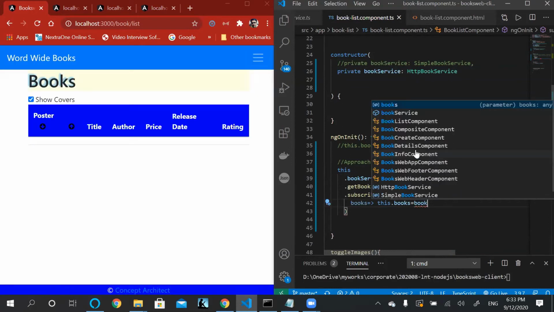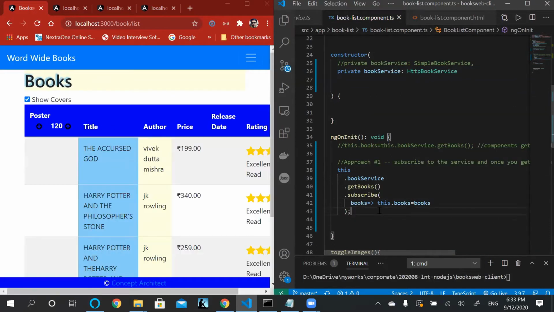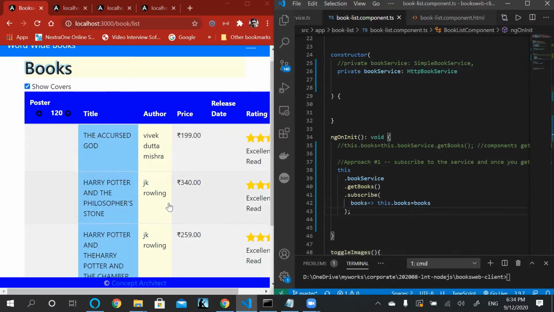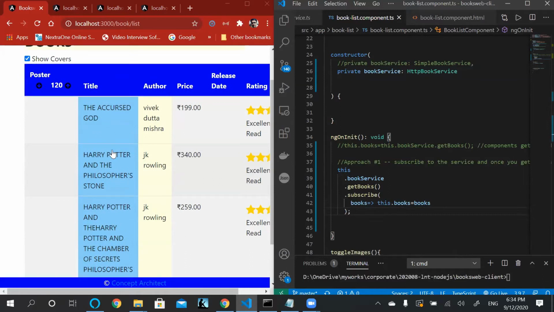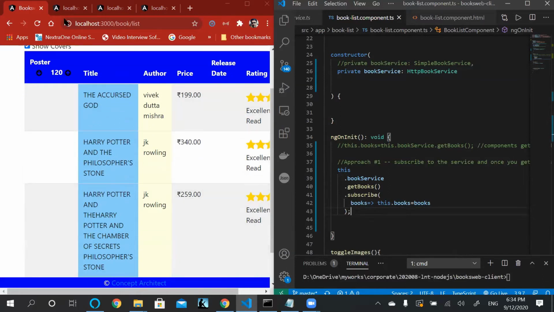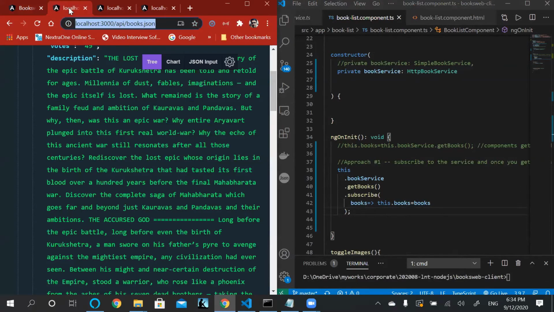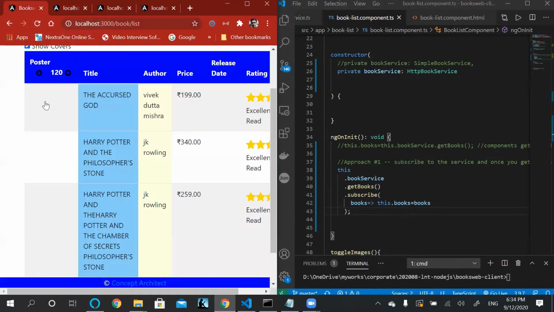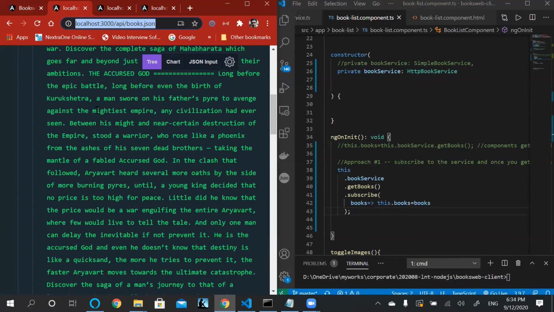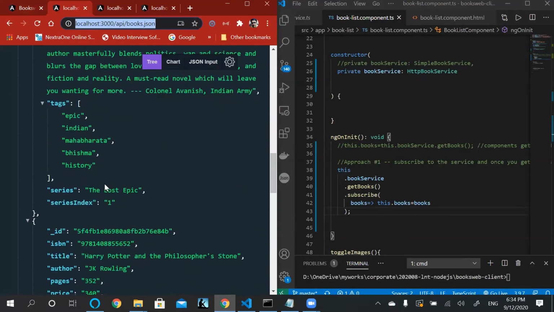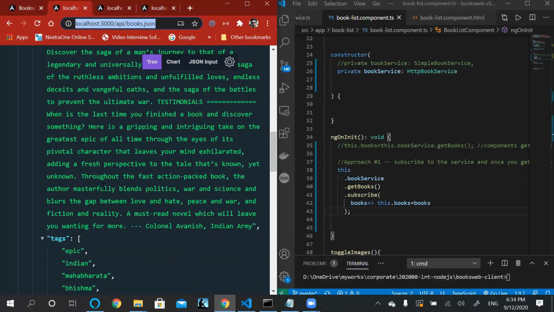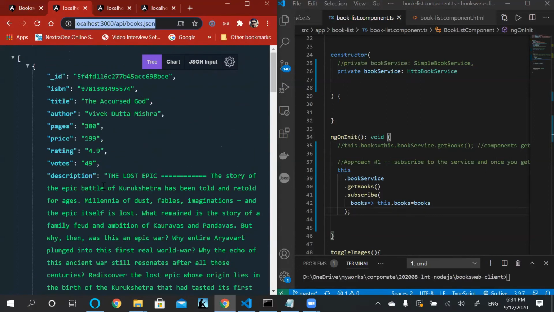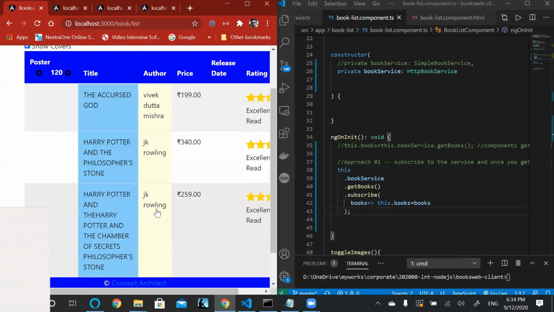As you can see, we have a list of books. So now this data is the 3 books that you can see is present in my JSON service. You should also see that we do not have any cover page displayed because in this JSON service book list, I do not have a cover property, and that is intentional, and we will be looking into it soon.